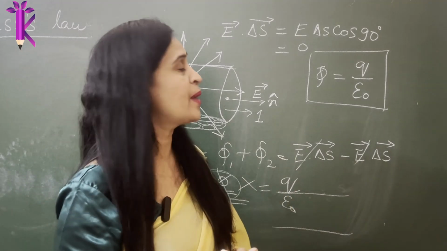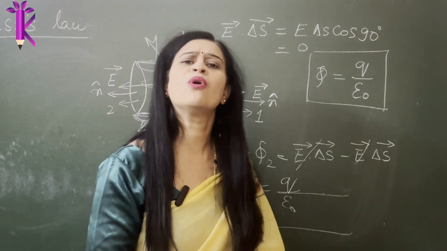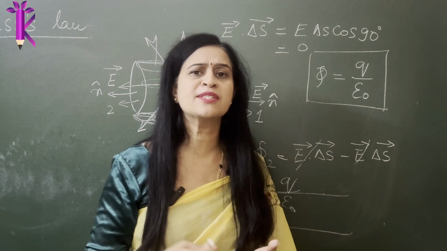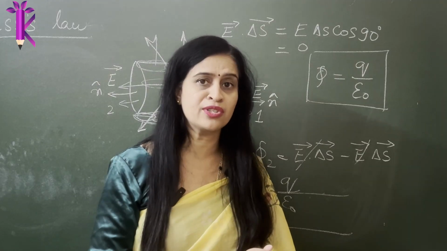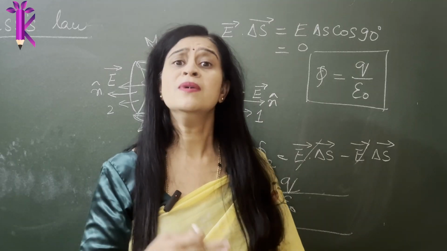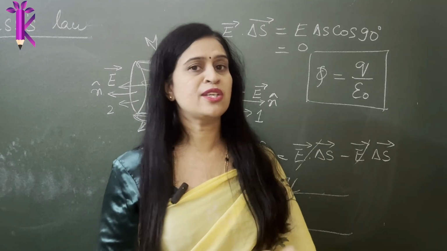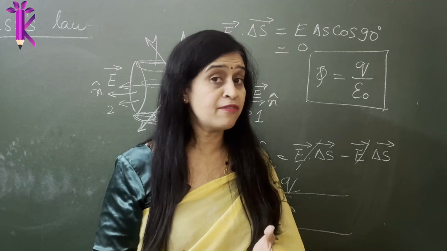I hope some of you were able to catch this mistake and say, oh yes, how can it be 0? How can Gauss law be so inconsistent? We have studied it. No, it is not inconsistent. It does not depend on the shape. The Gauss law is consistent for any shape that you assume. Only symmetrical shapes make your calculations easy. Asymmetrical shapes make your calculations a bit difficult.